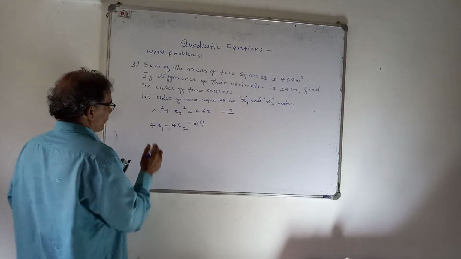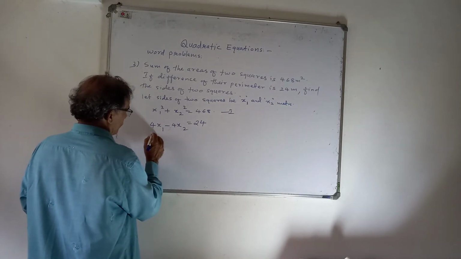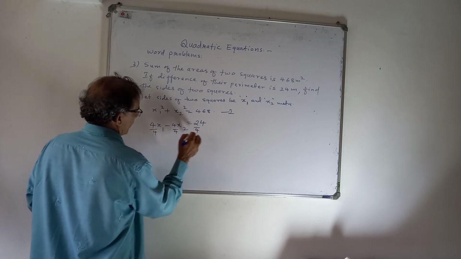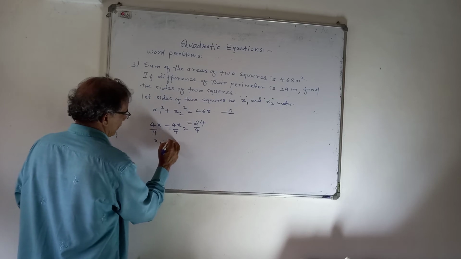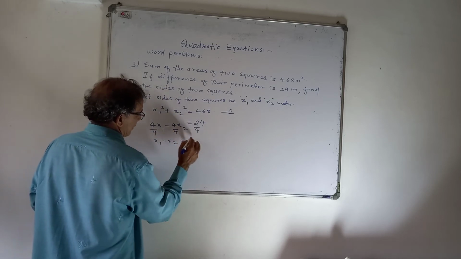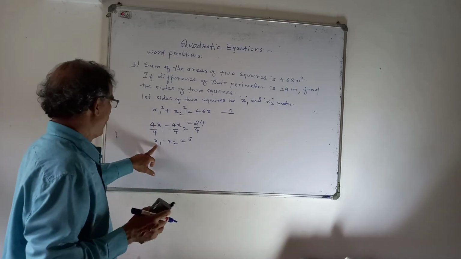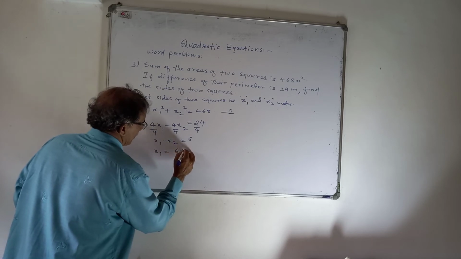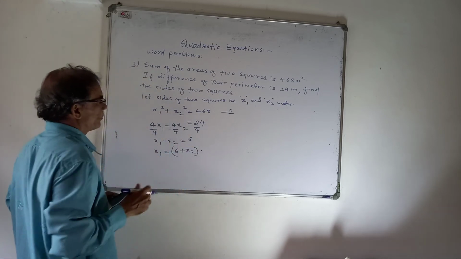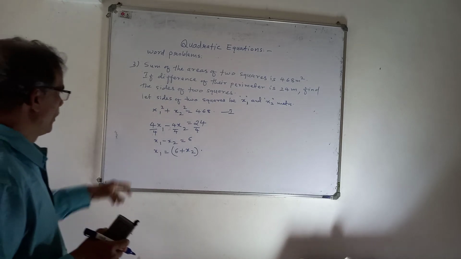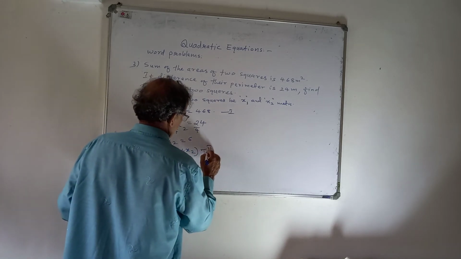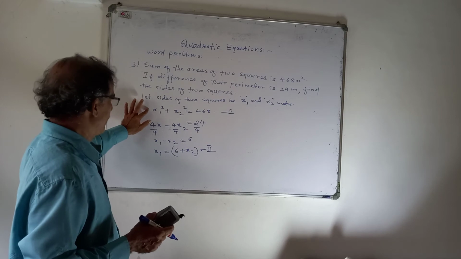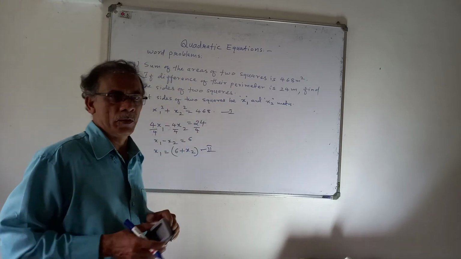Okay. Now here 4 is common. So 4, 4, 24, all they are divisible by 4, isn't it? So what is remaining here? x1 minus x2 is equal to 6. And from here we can find x1 value. Yes, x1 is equal to 6 plus x2. Now let us substitute this value of x1, which is obtained in second equation, in first equation, so that we shall have only x2 term.